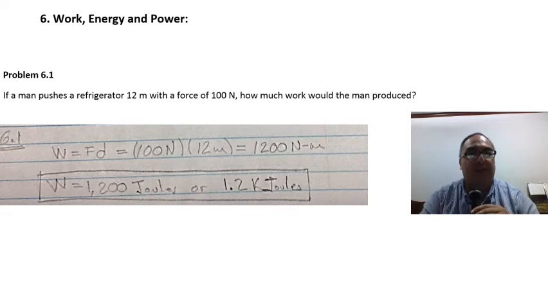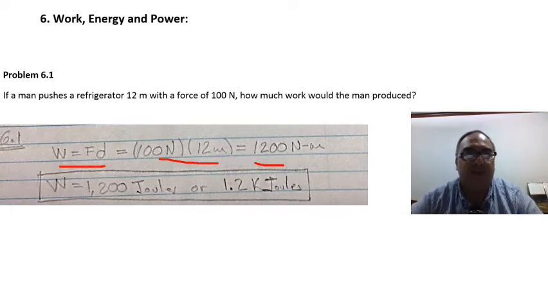Now, this is work, energy, and power. This is a different kind of problem, so in this case, we're going to use a formula. We said that there's a man that pushes a refrigerator 12 meters. So we know that work equals force times distance. So we're going to multiply the force that we have, the force times the distance. We will get